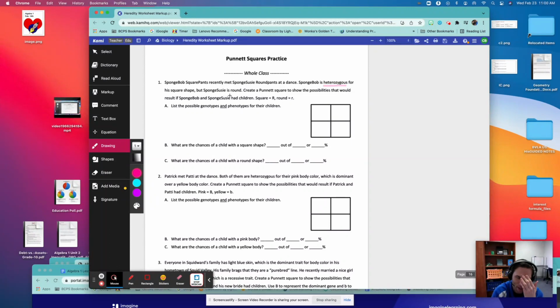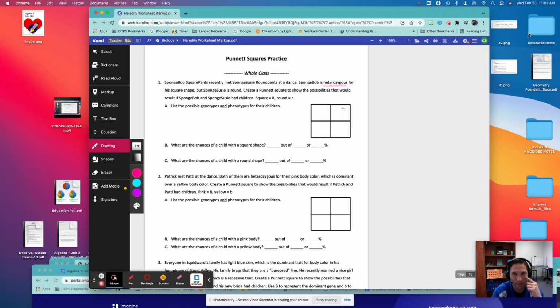Well, if she's round, that means that she cannot have the dominant, because it later goes on to say that square is dominant. So if she's round, obviously she cannot have a dominant. So it has to be homozygous, meaning the same, recessive. Okay, so